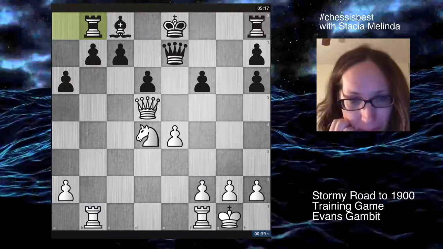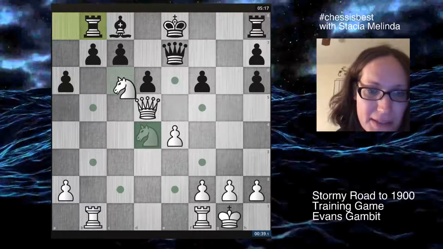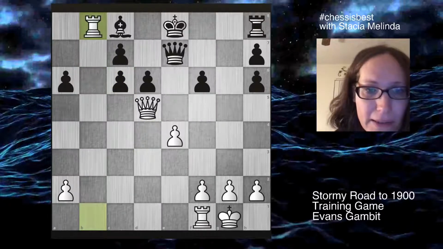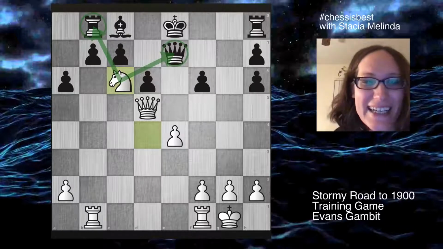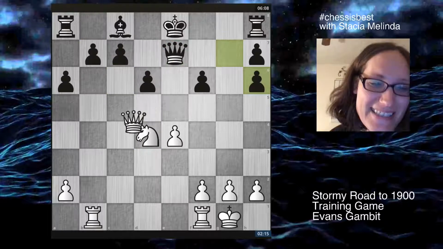Yeah, it's white to move and win. Hopefully you saw it. Knight c6. Of course. You cannot take the bishop because that's good for white. And if you don't take it, did I say bishop? I meant knight. Then that's called a forkaruski, as I tell my kiddo students. All right, so